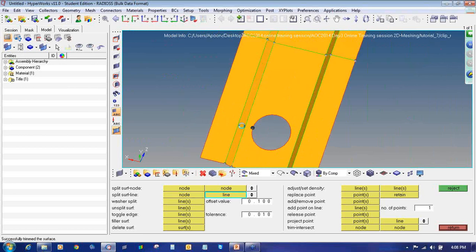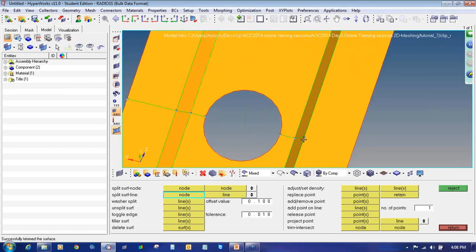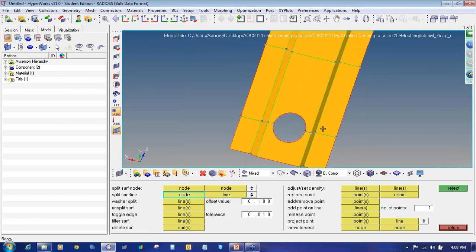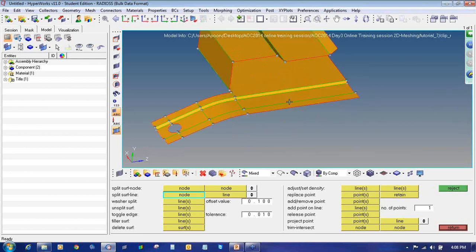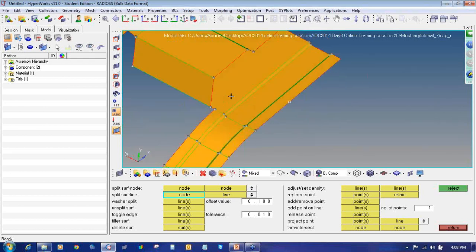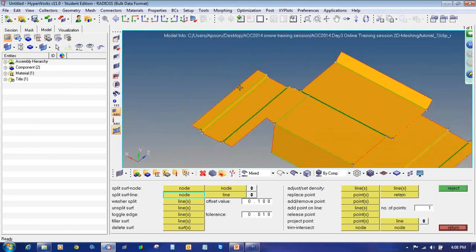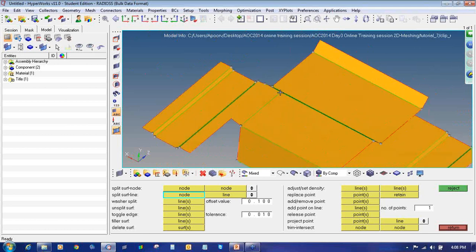Again we can split it from here to here. Similarly, from this point to this point to this. In this way I have split the geometry. These are the options available to split the geometry to get a better mesh, so my software will get a proper area to do the meshing.